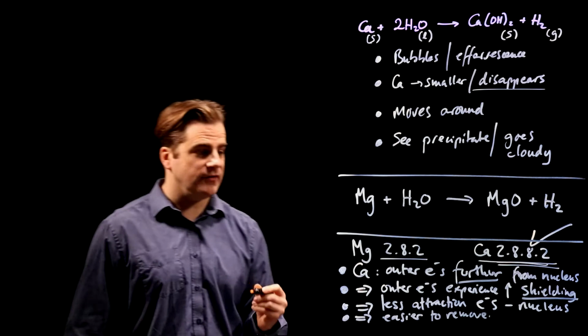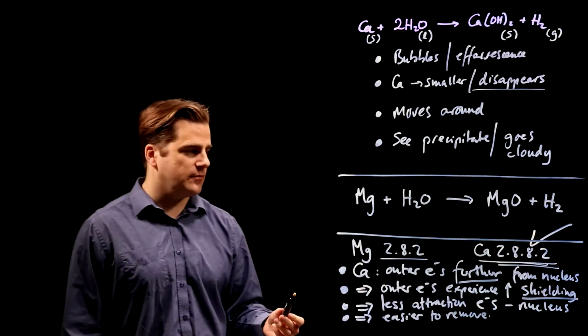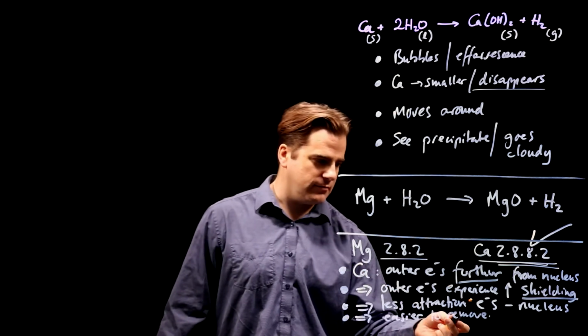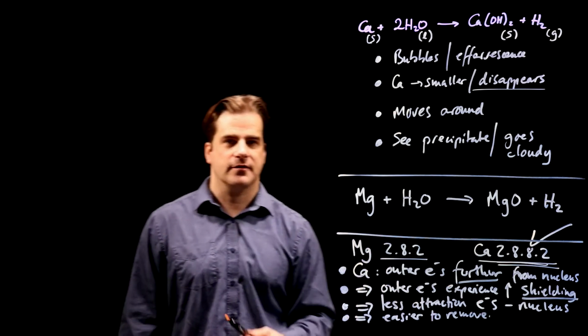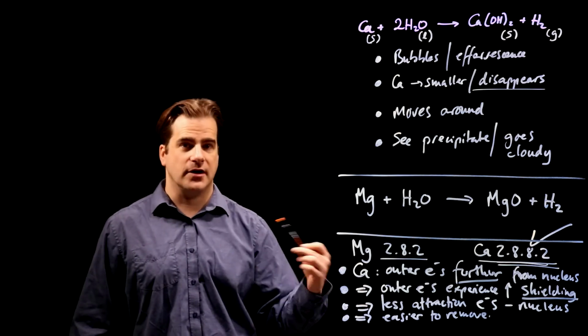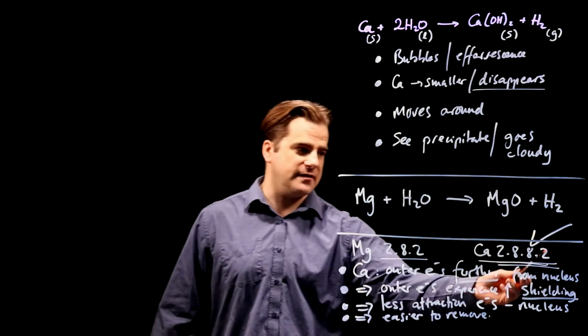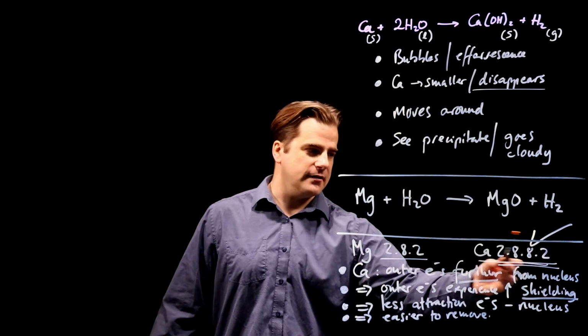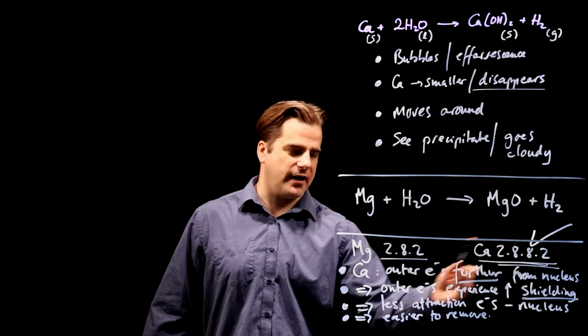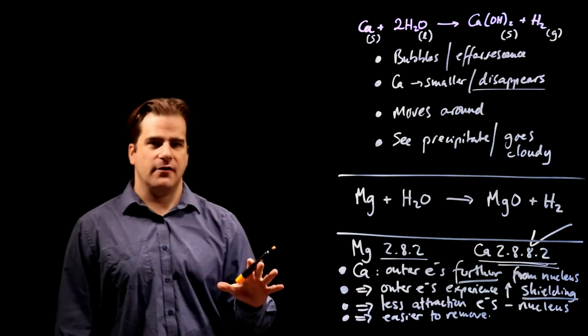The outer electrons are easy to remove because there's less attraction between them and the nucleus. Okay, so we've definitely got our 2 marks. Just learn that, regurgitate it in the exam for these sort of questions. It always comes up. Why are these less reactive, more reactive than these? The because therefore thing,